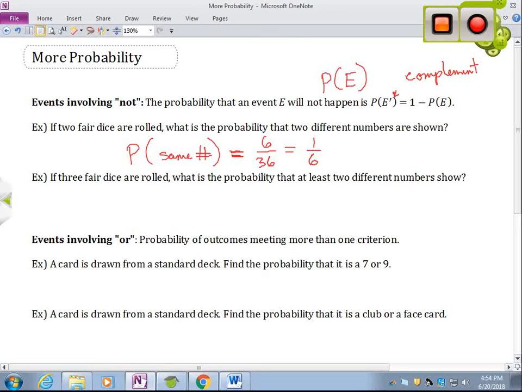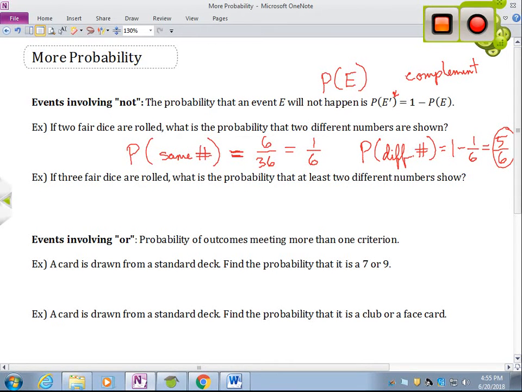So if I want the complement of that, the probability that we have different numbers, I'm just going to abbreviate that, then that's going to be 1 minus 1/6, 1 minus the probability that they're the same number. And 1 minus 1/6 means we have 6/6 minus one of them is 5/6. And like I said, with this problem, since we're looking at a dice chart anyway, we could just count up all of the ones that have 2 different numbers showing. But for some problems that may not be convenient.